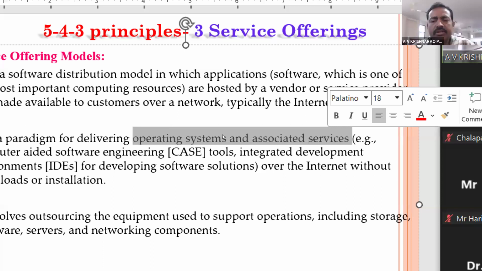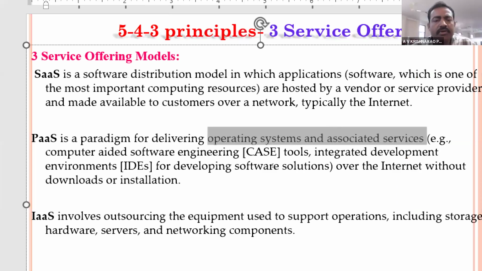And the next one is infrastructure as a service. The name itself is conveying infrastructure. So we make hardware related services available. Hardware related services available in the sense, for example, when you want,